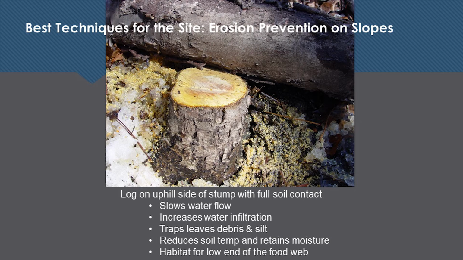We had a terrible drought last summer. It was hot, baking hot and dry. And if every drop that comes down actually goes into the soil rather than running off, that's a very good thing. So I'm a proponent of keeping some slash on site neatly. I've got some pictures of things that are neat and some things that are not so neat. But slash also reduces soil temperature and provides habitat. It's on the low end of the food web, so there's spiders and amphibians and some reptiles that can live in the slash on the ground, and then they're eaten by the hawks and the owls, and so the food web is functioning if you don't scrape it clean.